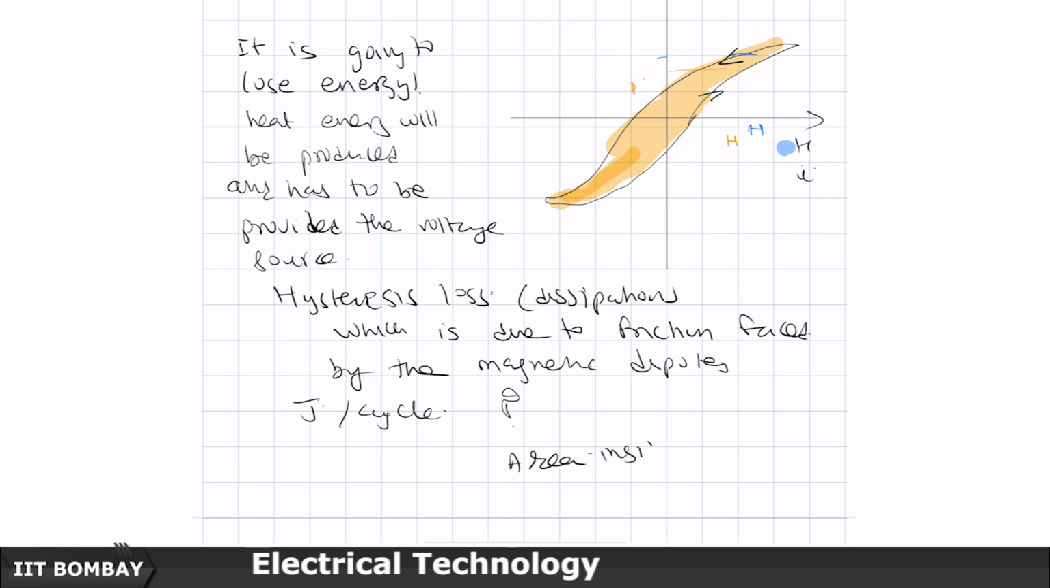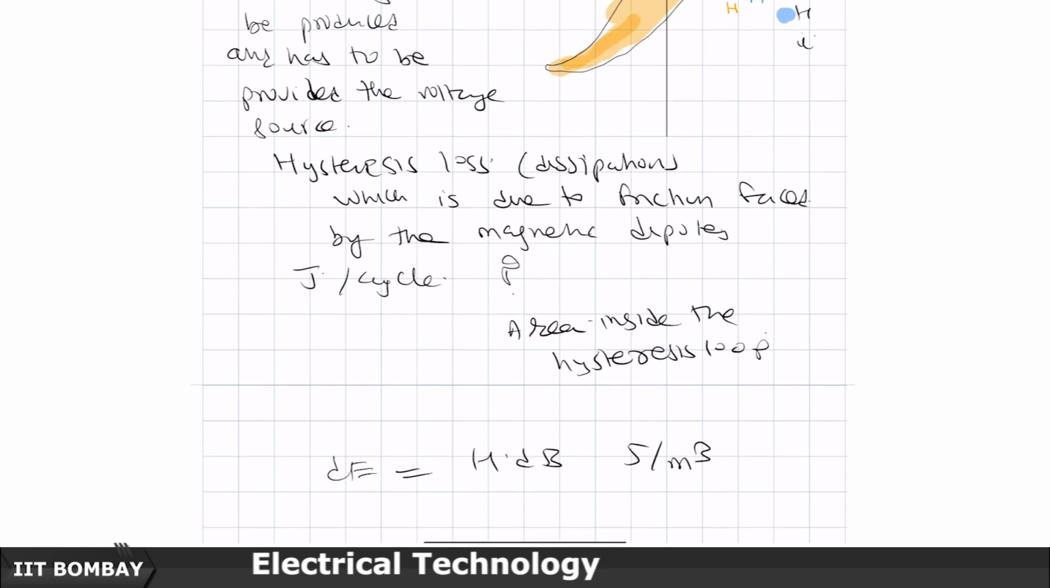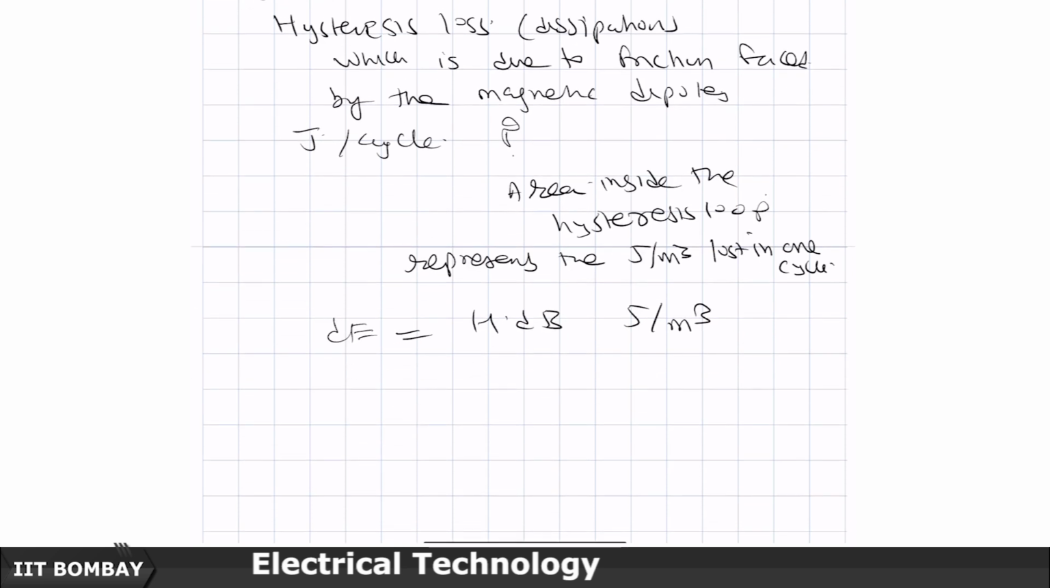Therefore, the area inside the hysteresis loop represents the joules per cubic meter lost in one cycle. This loss is a heat loss. So, the source is providing it. So, the energy which is lost, the hysteresis loss